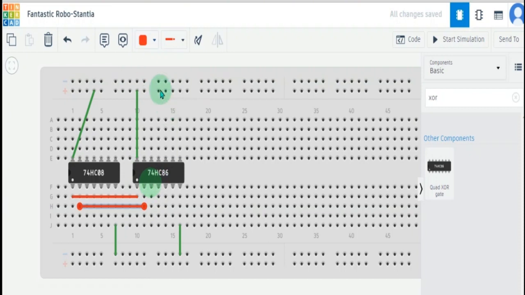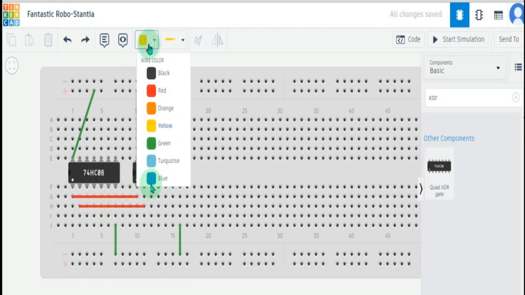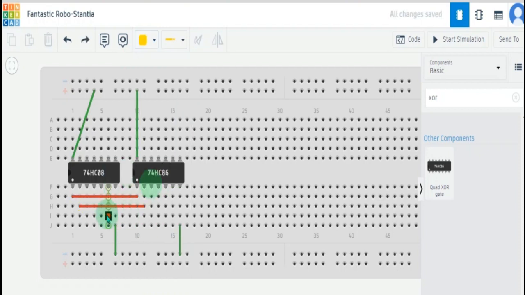Let's change the color here, yellow, and let it extract the output from here and here.